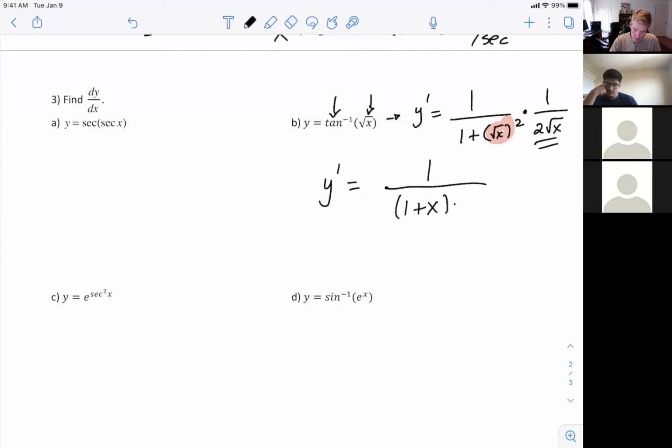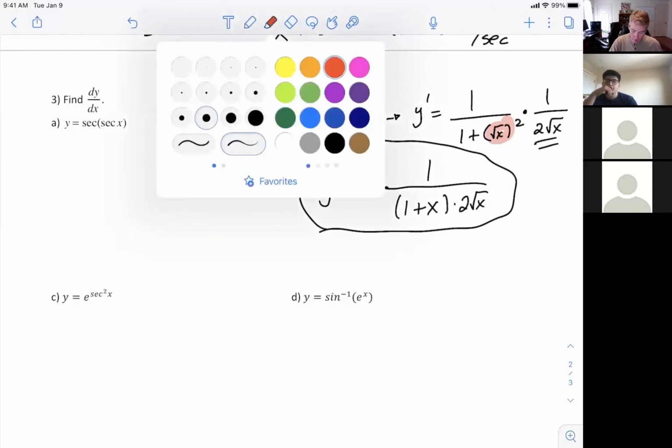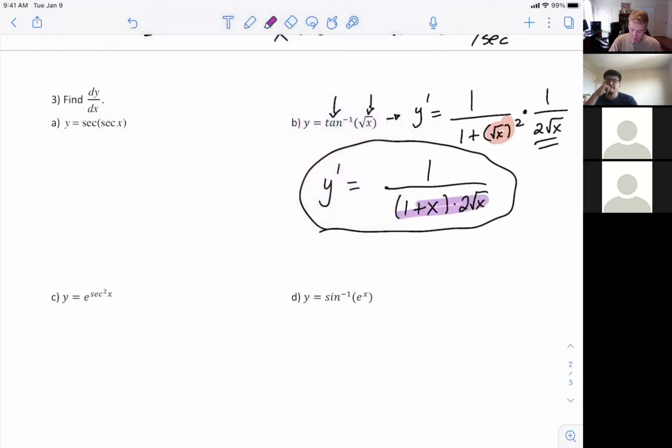So you could either put that in the front of the parentheses or behind, but it would be like that. And for this one on the bottom, it's best to just leave it like this in factored form, because later